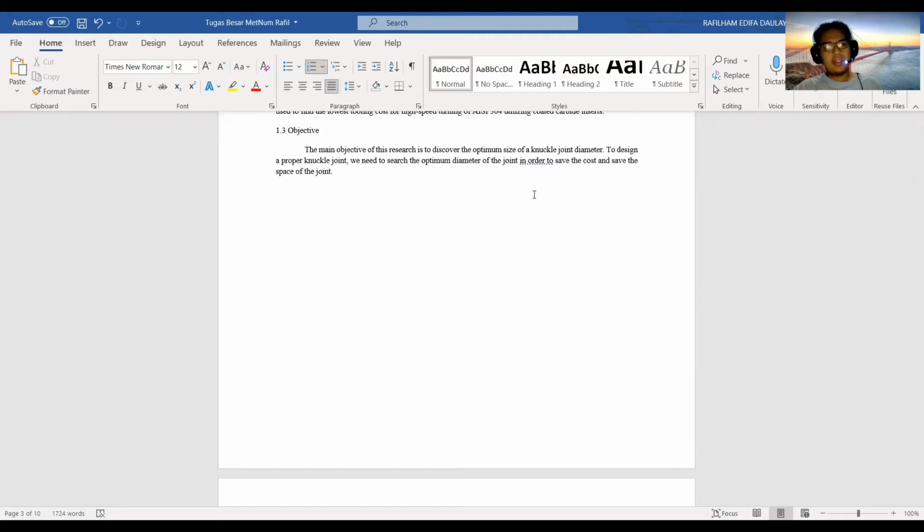Because I think the knuckle joint is always used in a tiny space. If we know, one of the applications of this joint is a steering knuckle. A steering knuckle only has a really tiny space, but it also needs to be strong. So what I want to find out is how the combination of the material that we use, the diameter, and the positioning will make an optimum proportion for the knuckle joint.